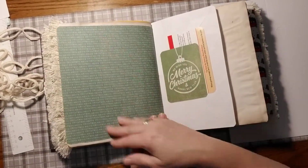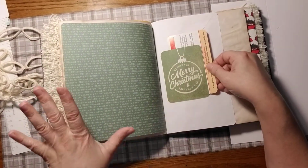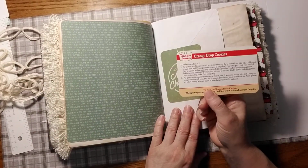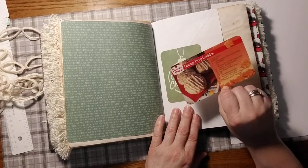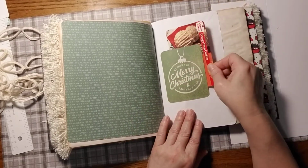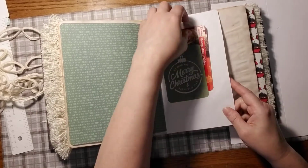And more paper. And I'm just going through the papers really quick because we're going to get caught up on time. We're at 22 minutes. Orange drop cookies. Alright, that's another Duncan Hines recipe. And then Authentique Tuck Spot